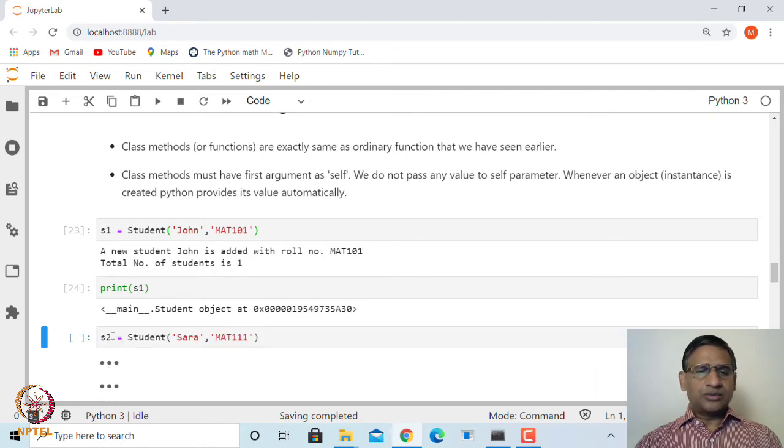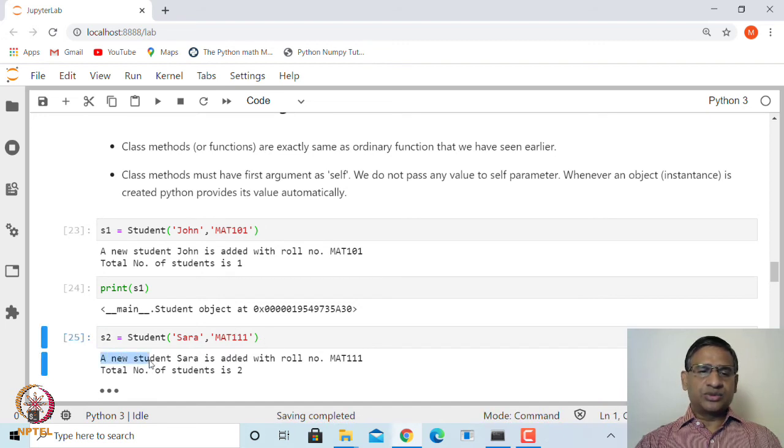Okay. Now let us create another student called Sarah with roll number M80-111. When we create this, it will display that a new student called Sarah is added with this roll number, and the total number of students is now 2.